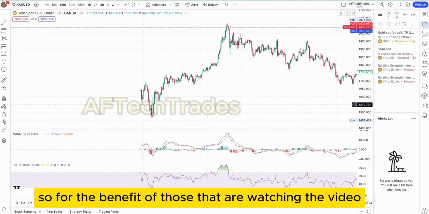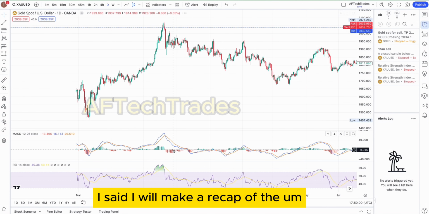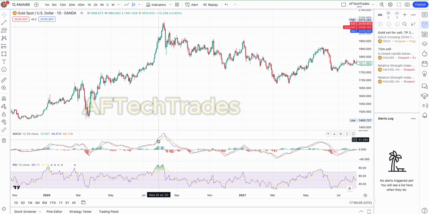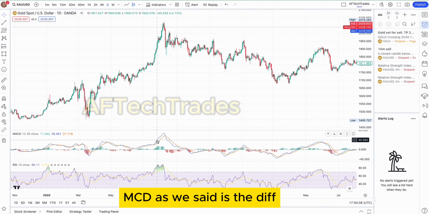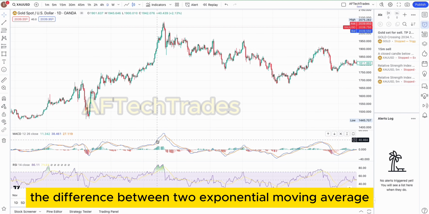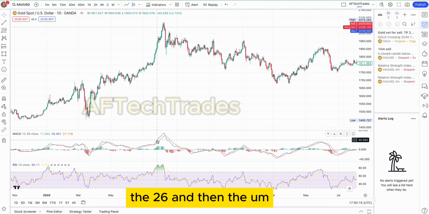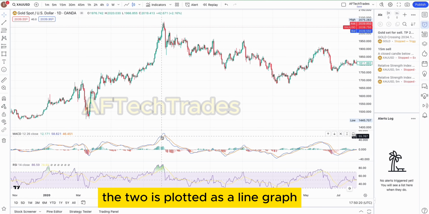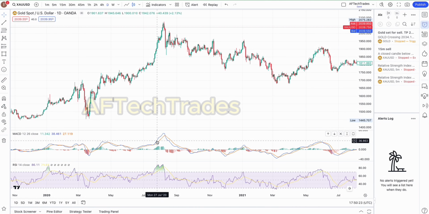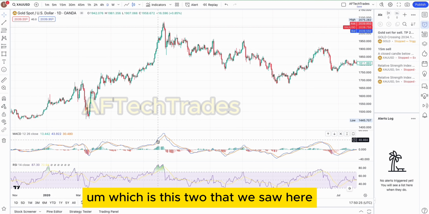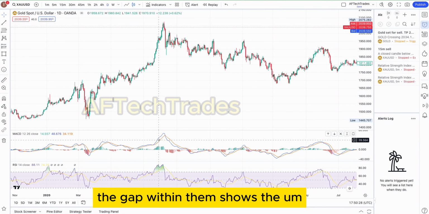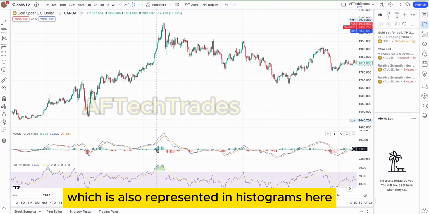So for the benefit of those that are watching the video for the first time, I said I will make a recap of the MACD itself. The MACD, as we said, is the difference between two exponential moving averages, the 26 and the 12. The difference between the two is plotted as a line graph, which is these two that we saw here. The gap between them shows the momentum of the market,